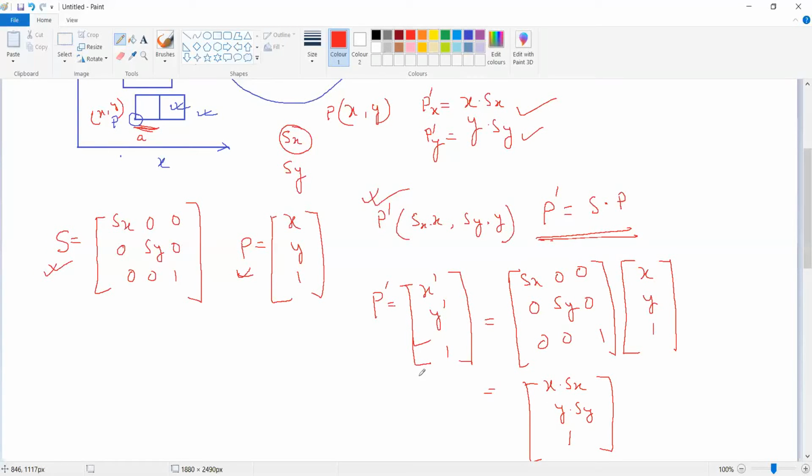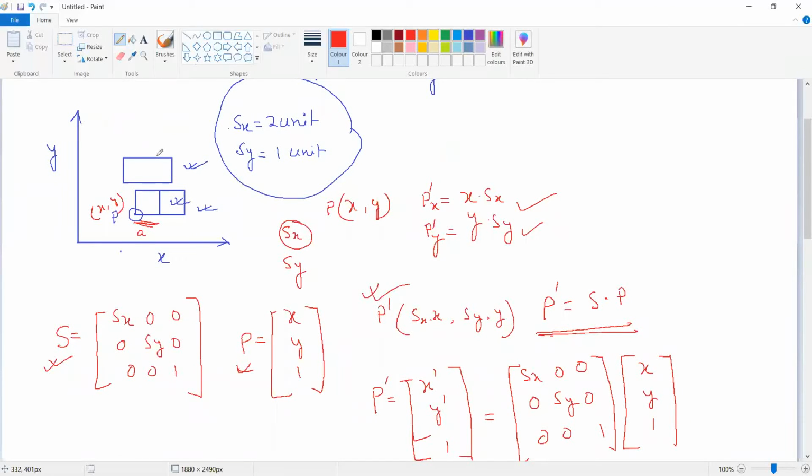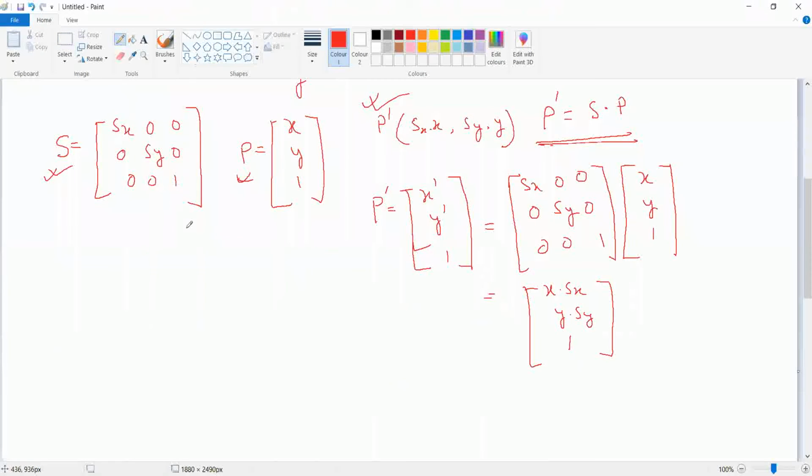So in this way, we can perform the free scaling. If you just multiply the scaling matrix with the set of points, you can perform the scaling operation. After performing the scaling operation, the object will be scaled, and along with that, the position of the object will be shifted from one place to another, as I showed you earlier. Okay. Now there is another operation which is called fixed point scaling. So free scaling is clear. Next I will discuss the fixed point scaling.